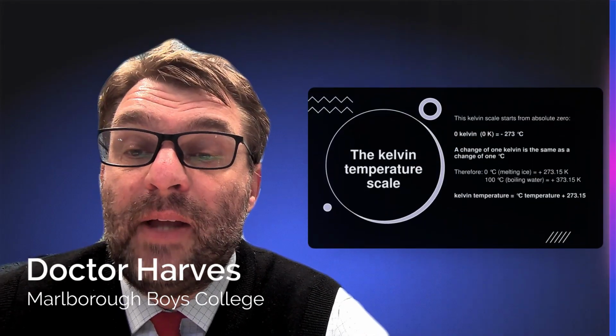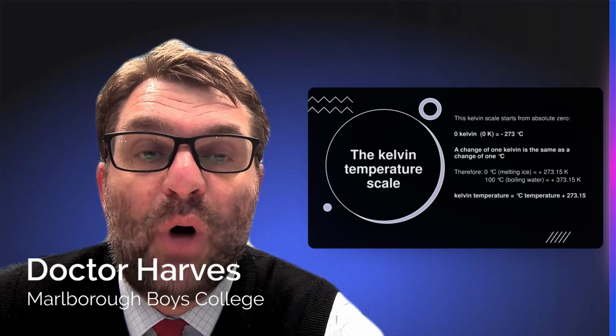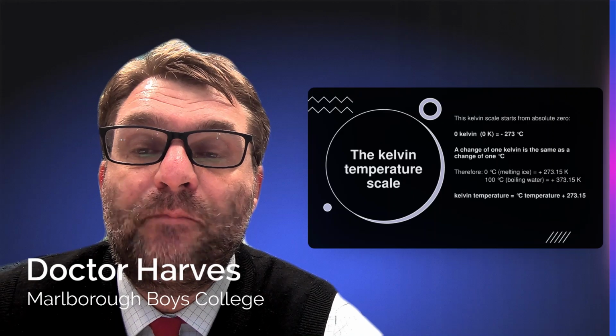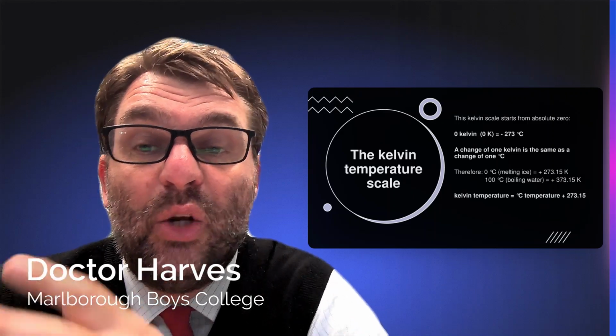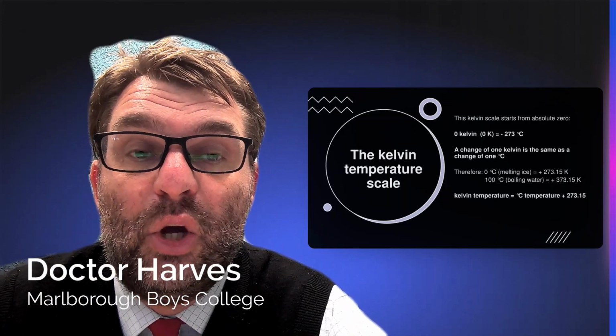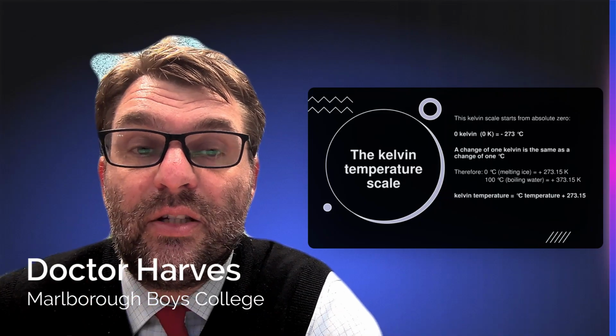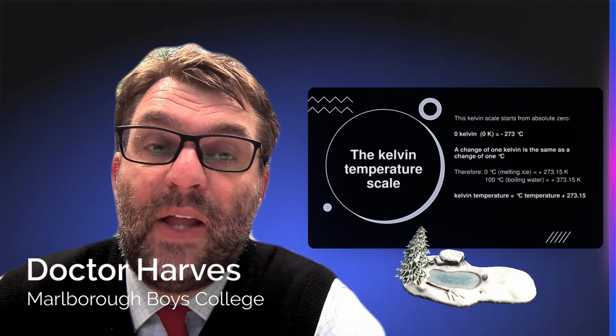So this is known as the Kelvin temperature scale. Okay, so 0 Kelvin, or 0 K, is minus 273.15 degrees Celsius. Okay, so a change in 1 Kelvin is the same as changing the temperature by 1 degree Celsius. Okay, so in Celsius, 0 degrees is where ice melts,